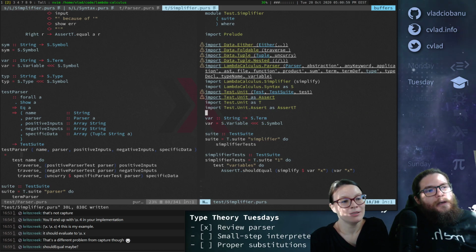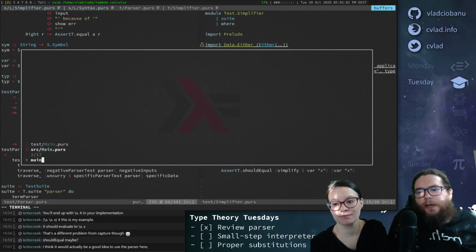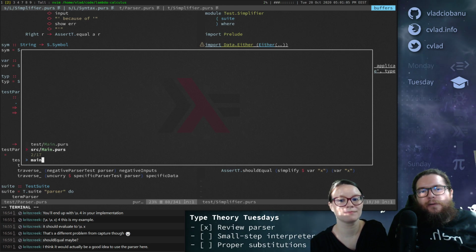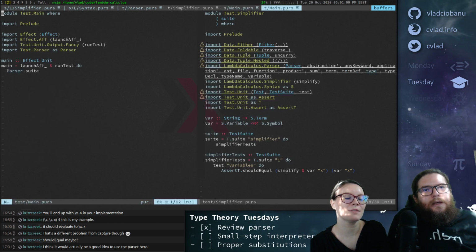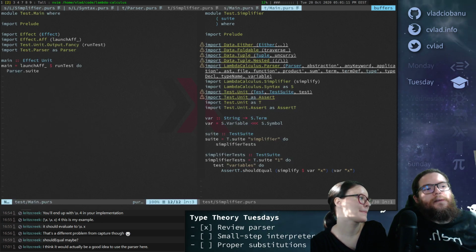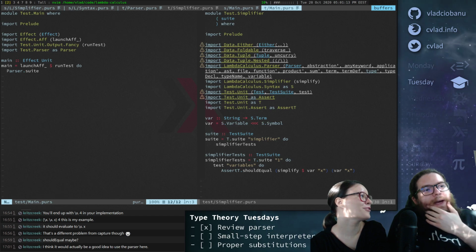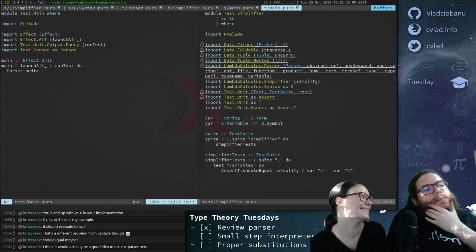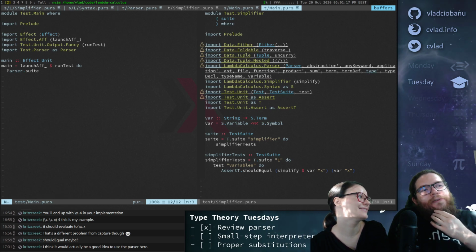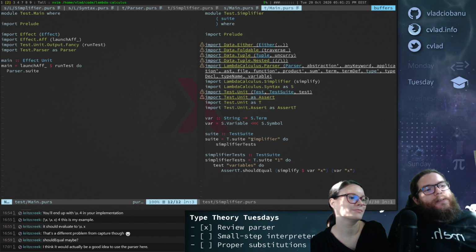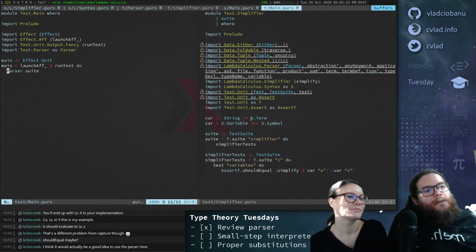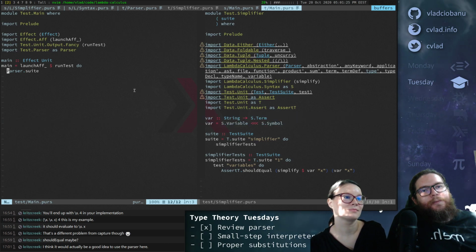But okay, so I think now if we go to main, it would actually be a good idea to use the parser here. I mean, it would be good from the readability of test perspective, but it's bad for our sanity. It's bad because if you get an error, you don't know if it's a parser error or an interpreter error. I think I prefer this way, using helpers with similar syntax, but not quite the same.